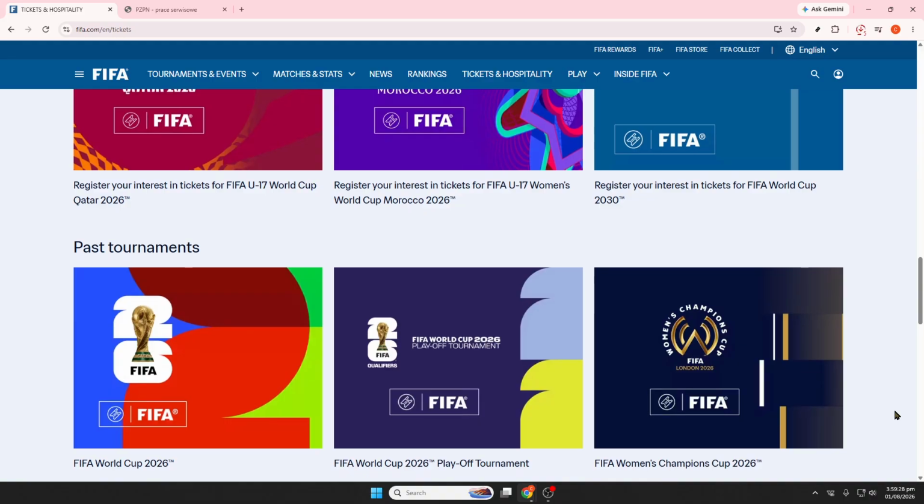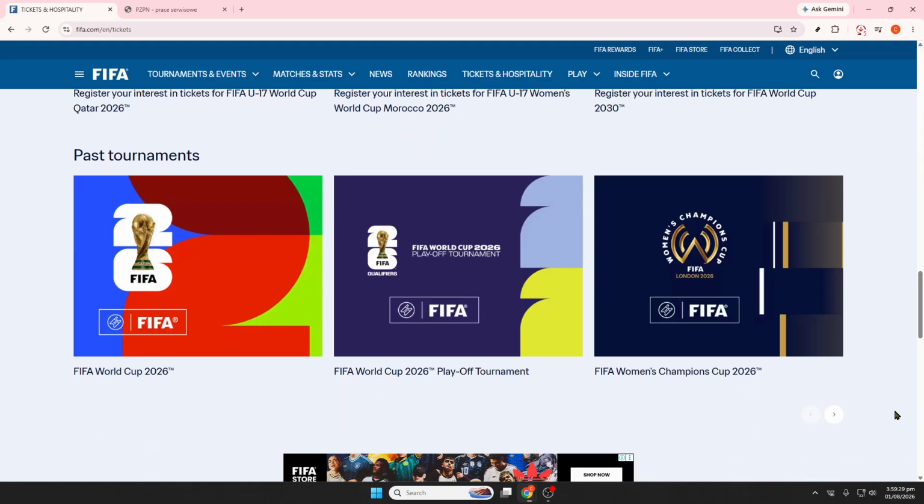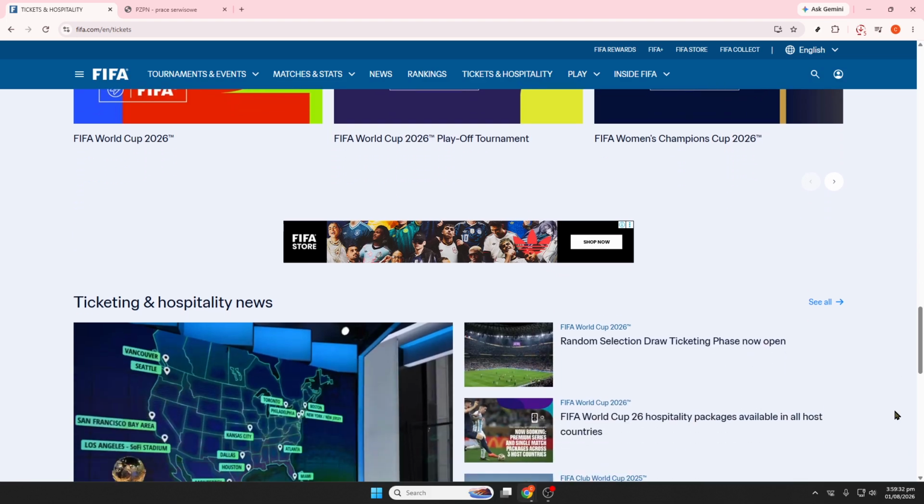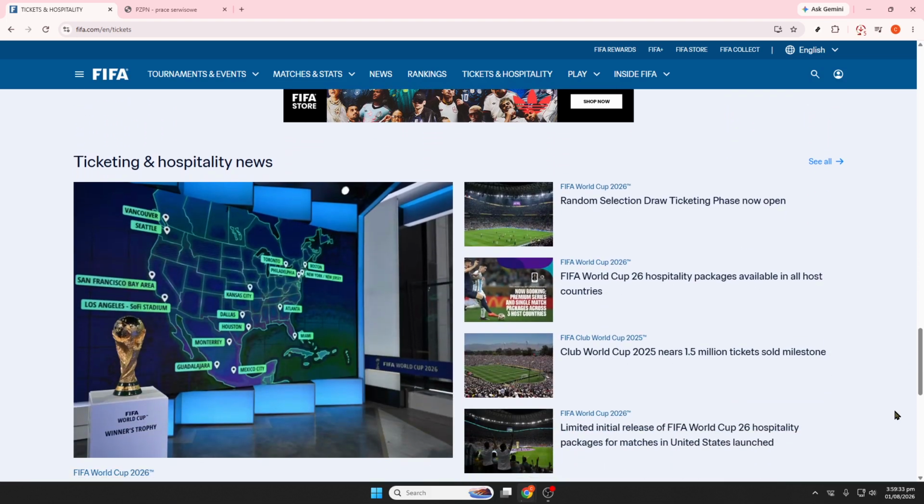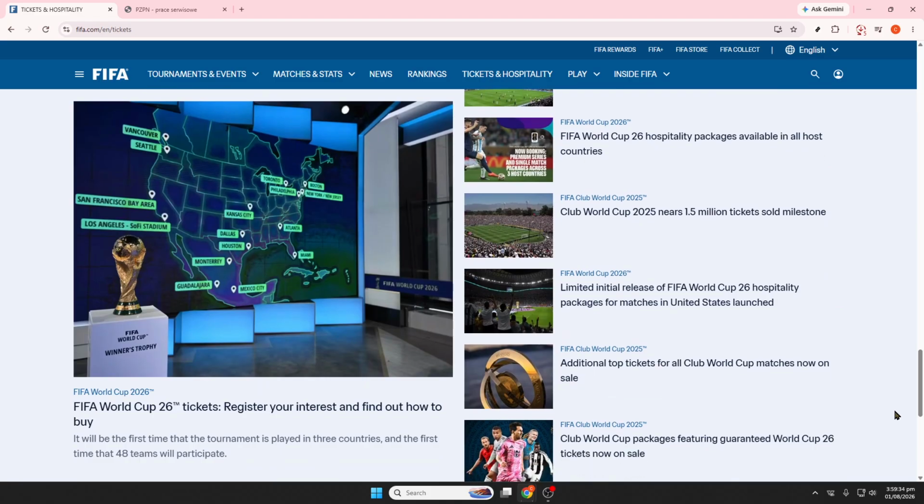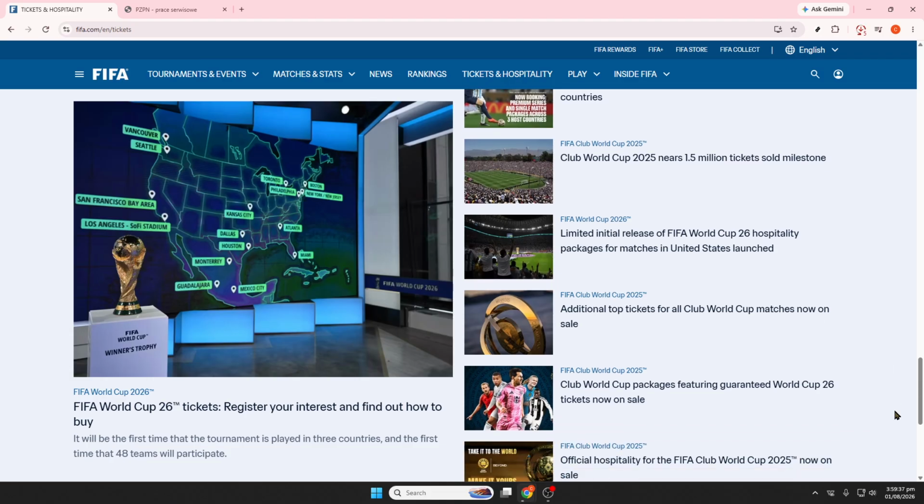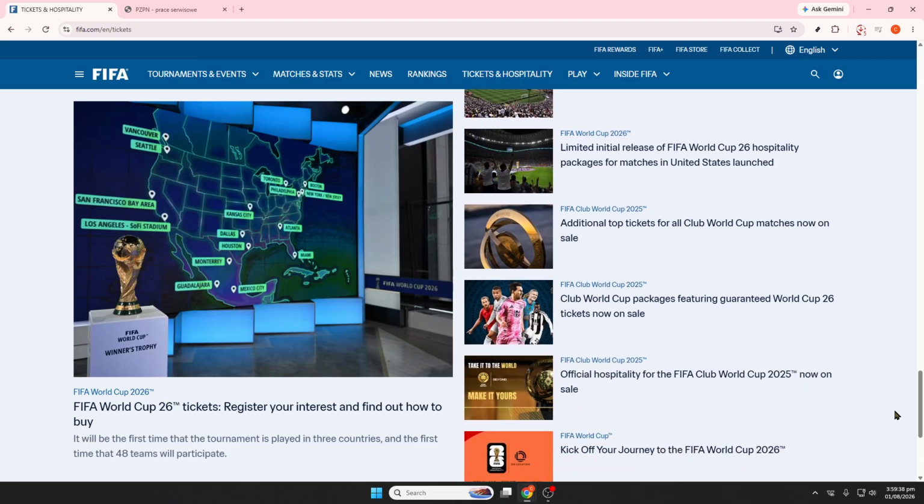Also remember that ticket prices can vary widely depending on the match, the stadium, the seating category, and overall demand. Group stage tickets generally start at around $60 for lower priced categories, while premium seats and later stage matches can be significantly more expensive. Opening matches, host nation games, and especially the